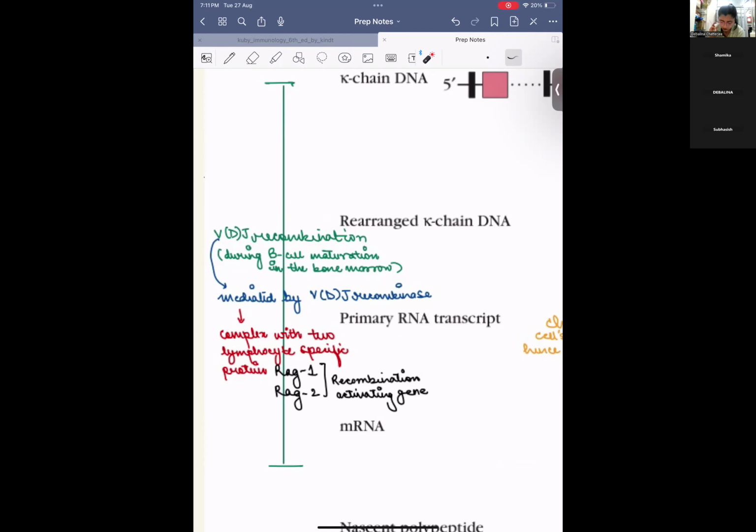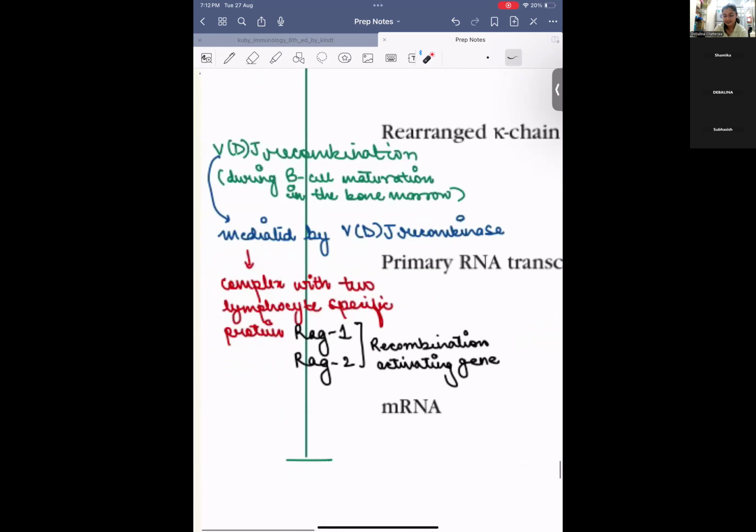inside the bone marrow. There's an enzyme complex that mediates this recombination, because any cut and paste happening inside a cell has enzymes that catalyze every such cellular reaction. Which enzyme? VDJ recombinase, which has two lymphocyte-specific proteins, RAG1 and RAG2, recombination activating genes, which get translated into RAG1 protein and RAG2 protein. These two proteins, along with other proteins involved in DNA